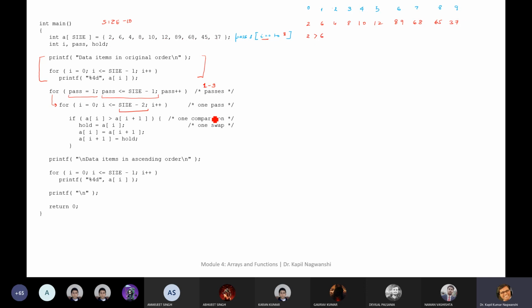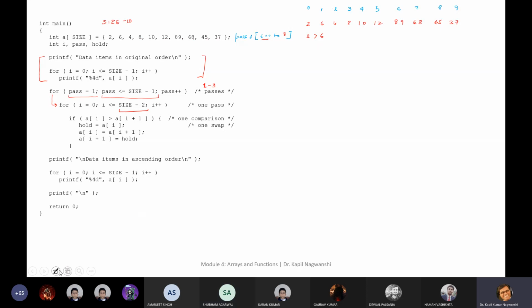Whether 2 is greater than 6, yes or no. Tell me whether this condition is true or false.